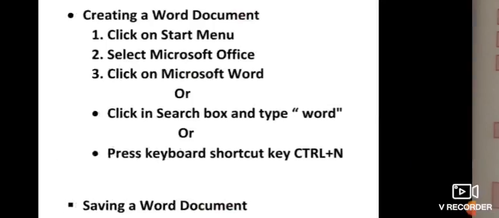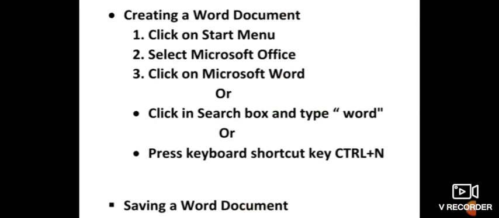Now the next topic is creating a Word document. How do we create a Word document? To start typing or doing any work in a Word document, first we have to open it. To open a Word document, we have to follow some steps.